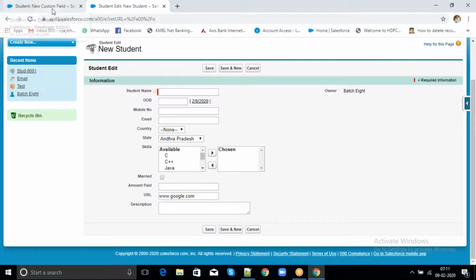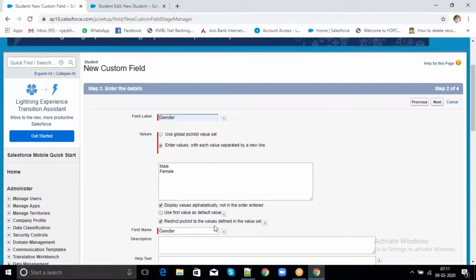So if we enable restrict pick list values, and that field has any spelling mistake, then that record will not be inserted.